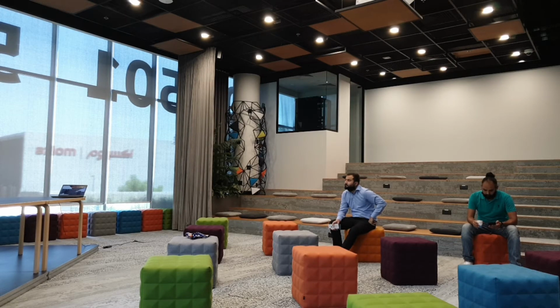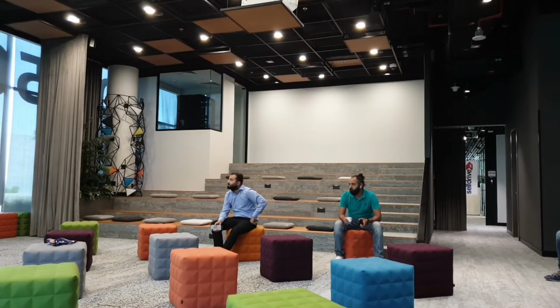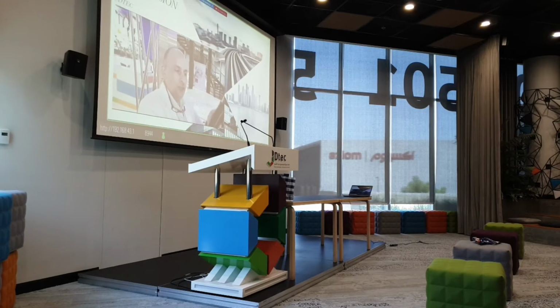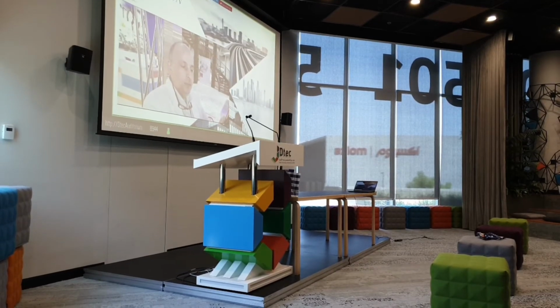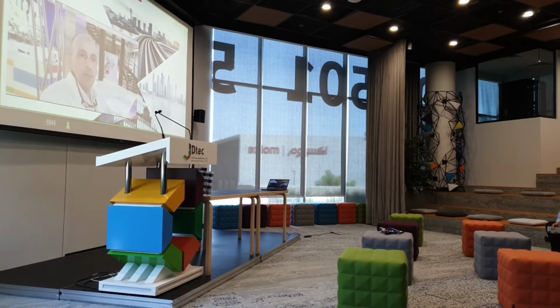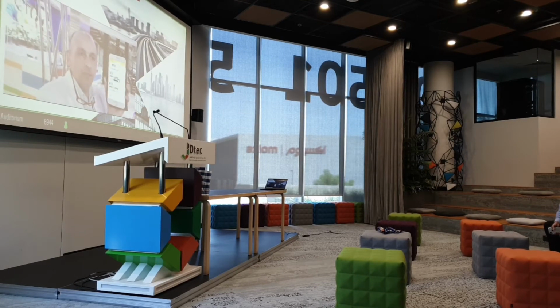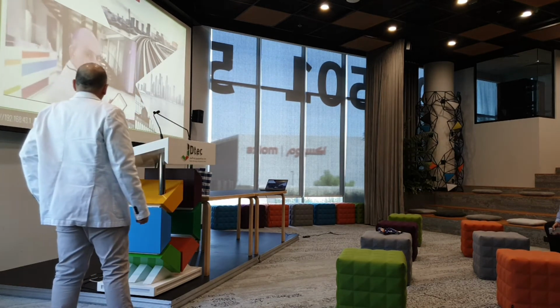So as you can see, let's go together. And as you can see, I have my mobile here. So the first thing I have to do is simply, I need to unlock the door, that is the gate. So this is my gate here, and now I am using the application. So the moment I am registered here as DoorsVision, this is my office DTEC, I go to DTEC and unlock. So simple, it will take me an unlock button, like this, and voila, this is open. So now I enter to DTEC,